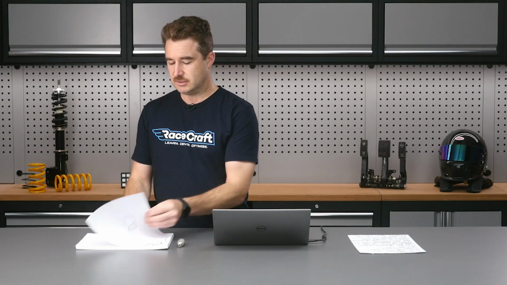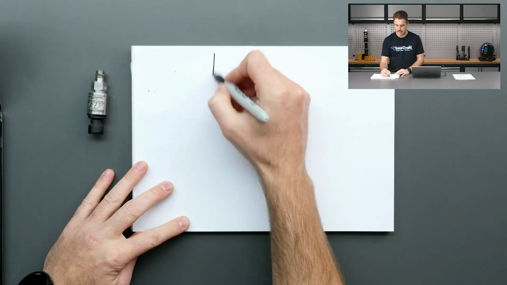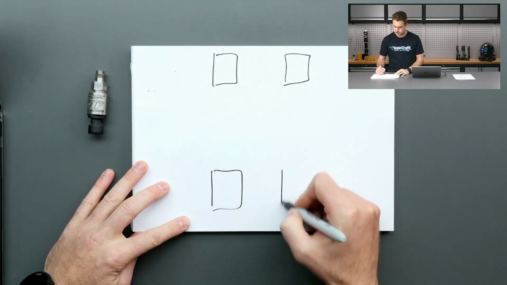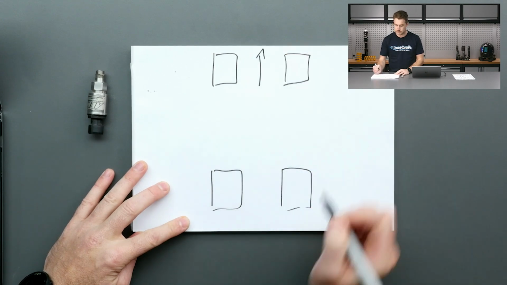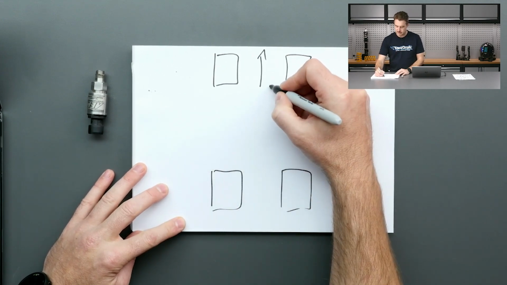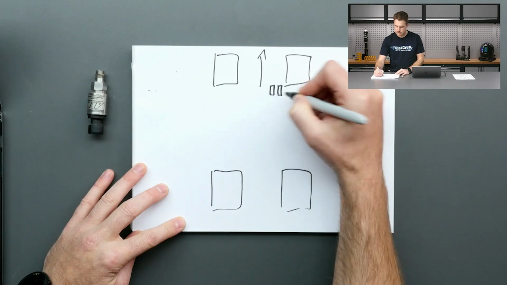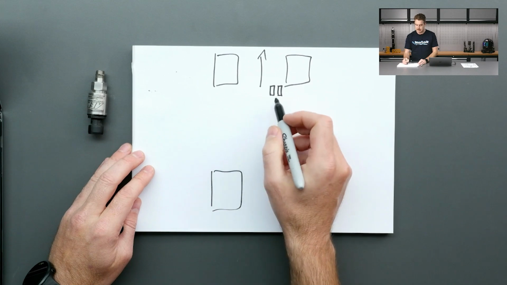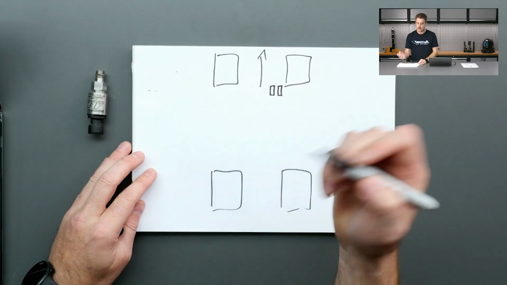The other thing I wanted to mention before we get into talking about bias later on is the layout of lots of factory brake systems. The way a motorsport style brake system tends to be laid out is with, let's say, this is our front axle and our rear axle. So it's the front of the car. We've got our master cylinders here, whether they're single or double. It's not really important for this point, but the idea here is that in road cars where you've got a